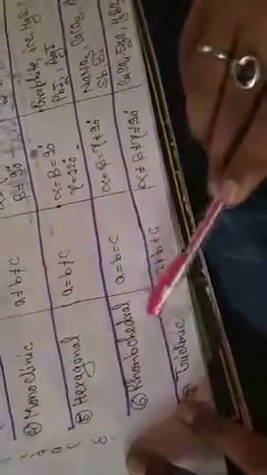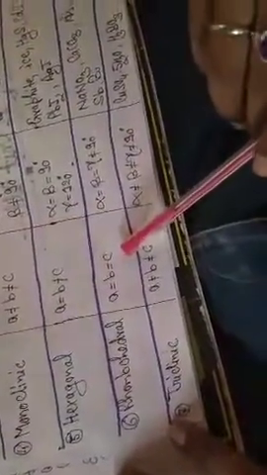Next is rhombohedral, where the edge lengths are equal and the edge angles are equal but not equal to 90 degrees. Some examples are sodium nitrate, calcium carbonate, arsenic, antimony and bismuth. The last one is triclinic, where the edge lengths are not equal and the edge angles are also not equal and not equal to 90 degrees. Examples are copper sulfate pentahydrate and boric acid, H3BO3. In conclusion, the most symmetrical crystal system is cubic and the most asymmetrical is triclinic.